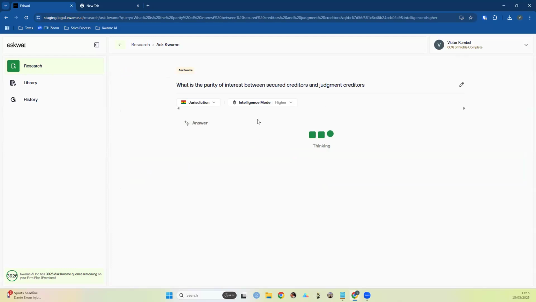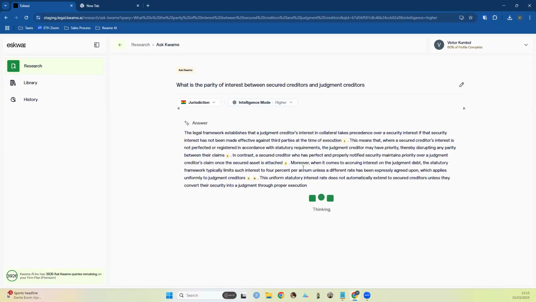Now, you notice this new button here, which shows intelligence mode. Right now, I'm currently on the higher intelligence mode, and you may have noticed we've also changed the animation that shows whilst you're waiting.